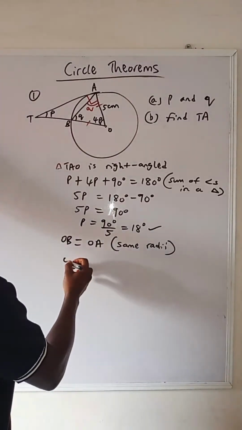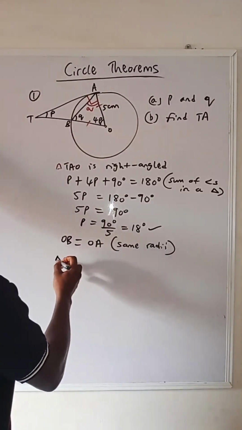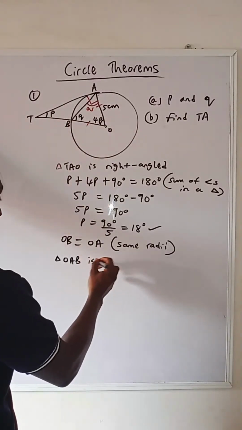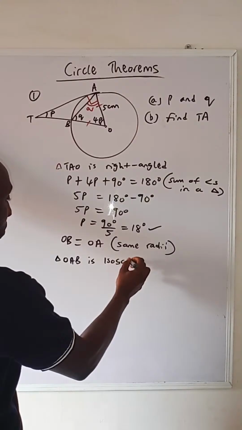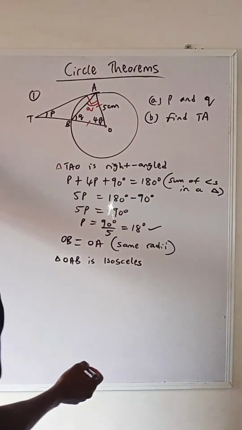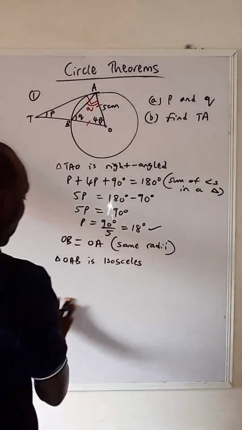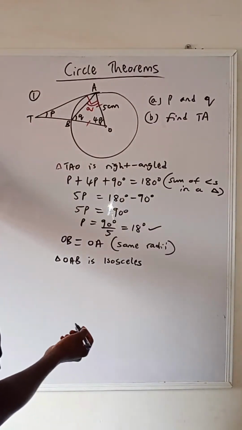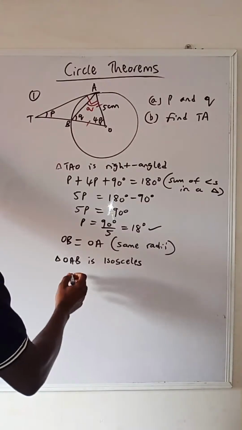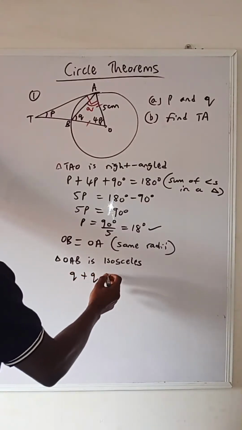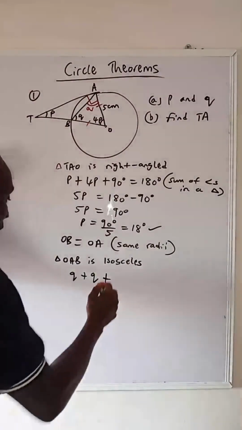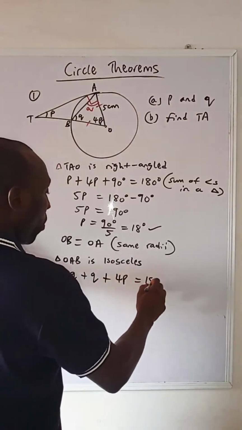Triangle OBA, or OAB, is isosceles. If it is isosceles, what does that mean? It means that the base angles are equal. So Q plus